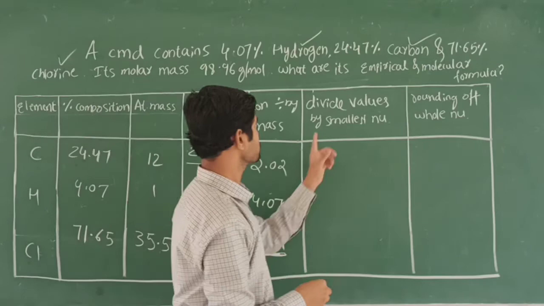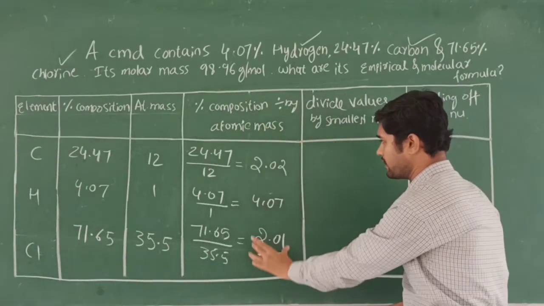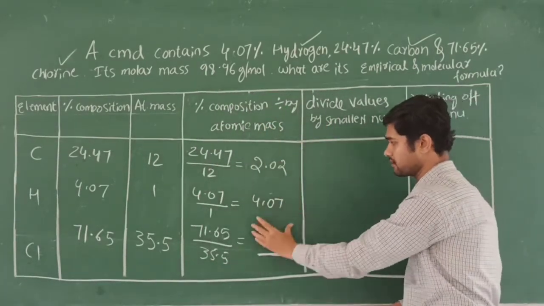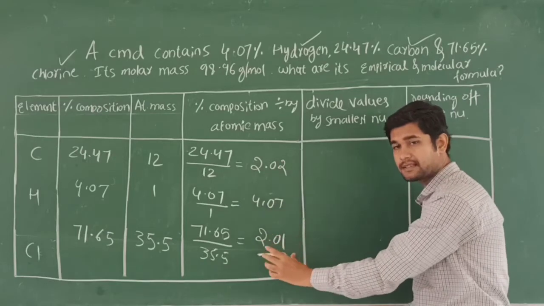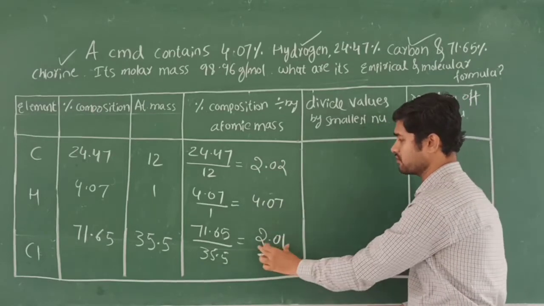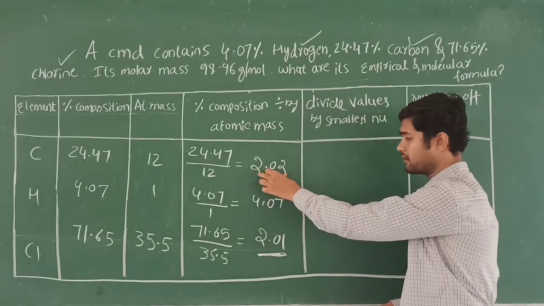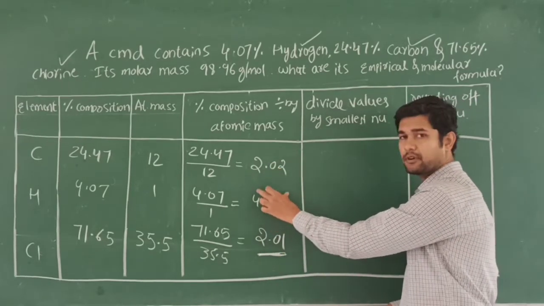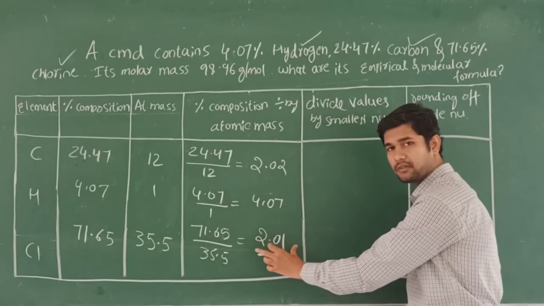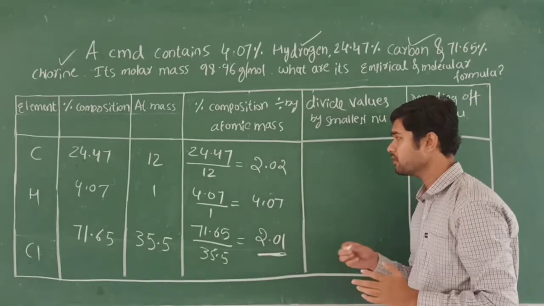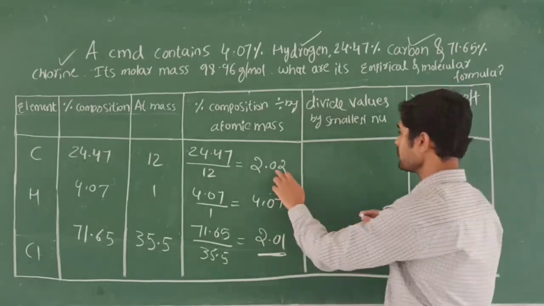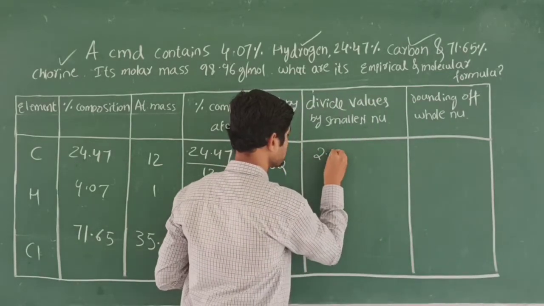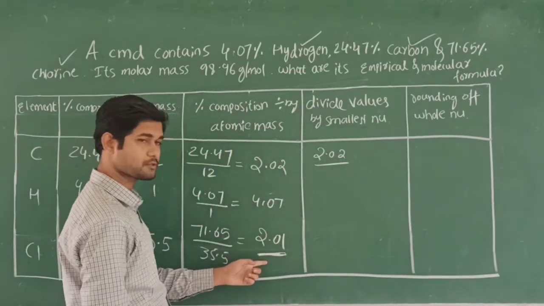What you have to do? You should divide the whole values. You should divide these given values by the smallest number. So 2.02 should be divided by 2.01 because this is the smallest number, and 4.07 divided by 2.01, and 2.01 divided by 2.01. Like this you are going to divide them. So I am going to write here 2.02 divided by the smallest number